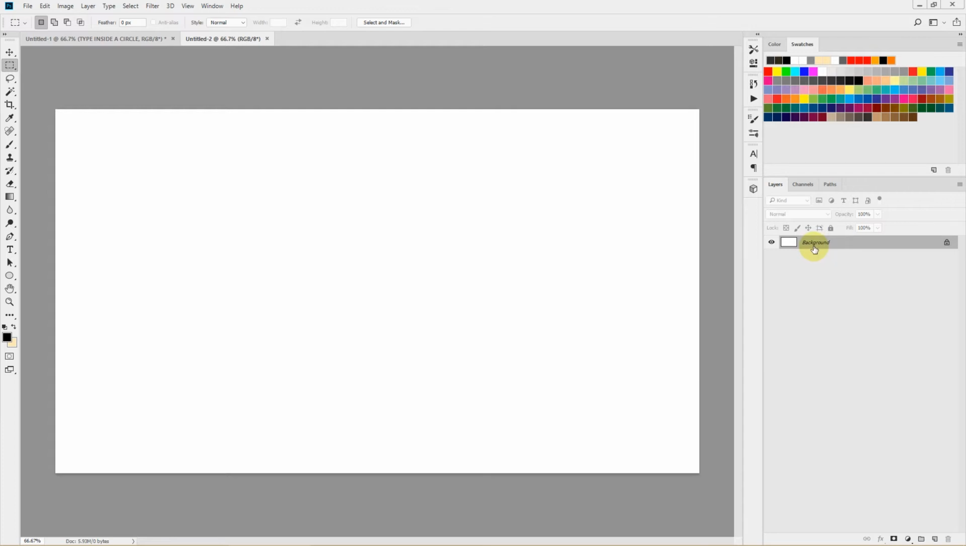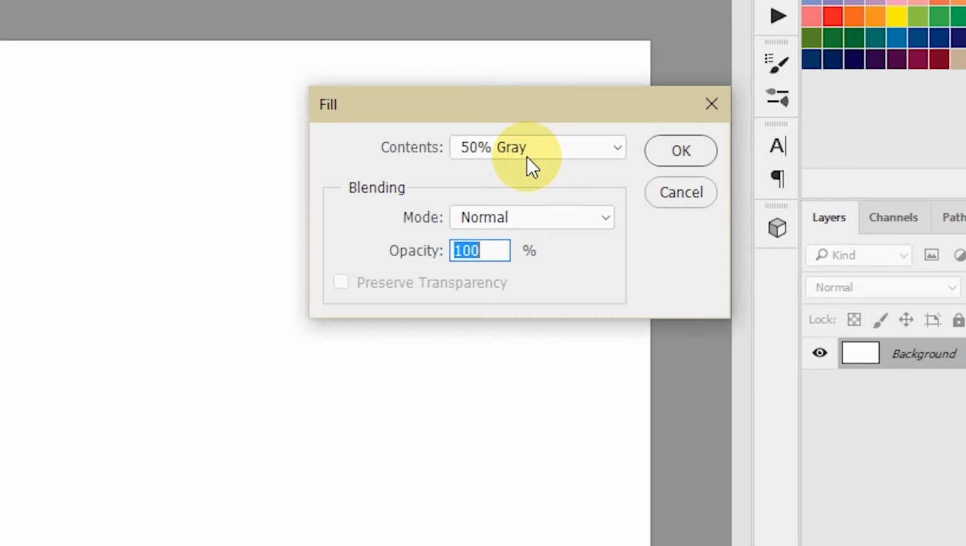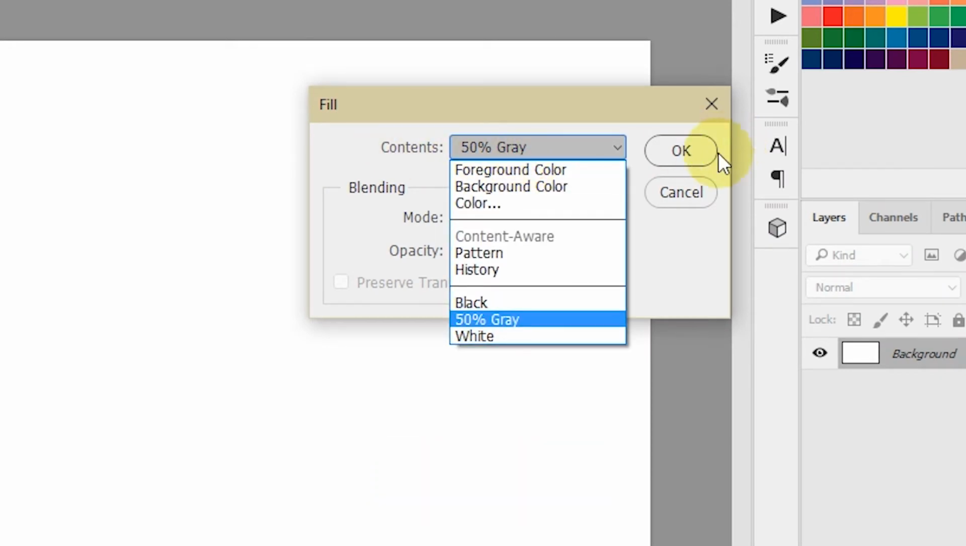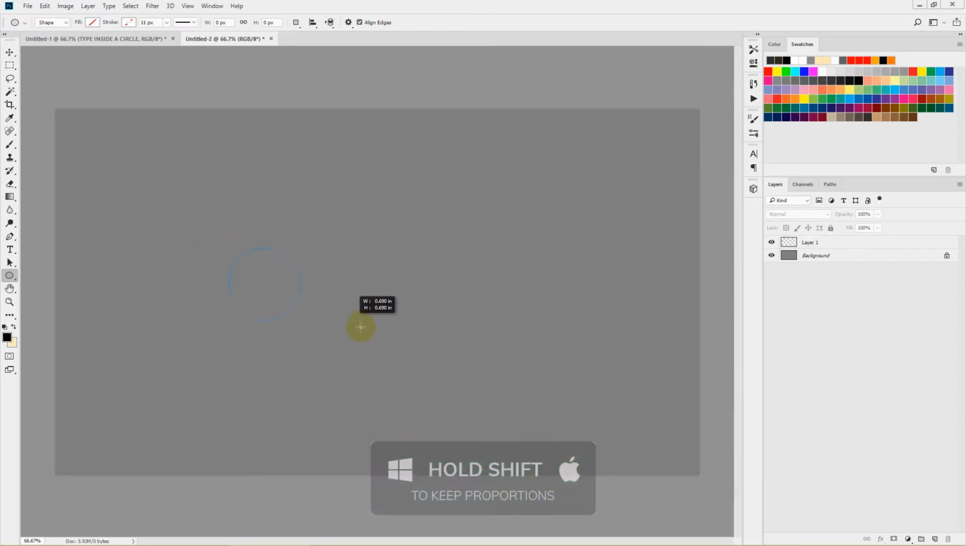To fill this one with gray, I'll just hit Shift and F5, and in this fill window I'll select 50% gray in the contents and select OK. Now I'll create a new layer and I'll select this ellipse tool and I'll hold Shift and drag to make it a perfect circle,